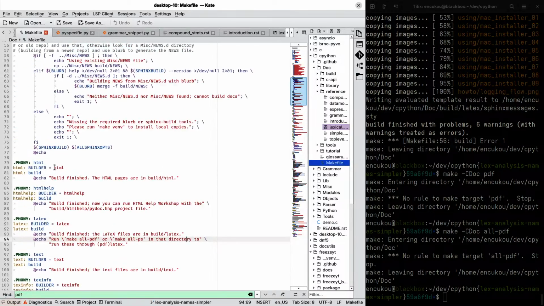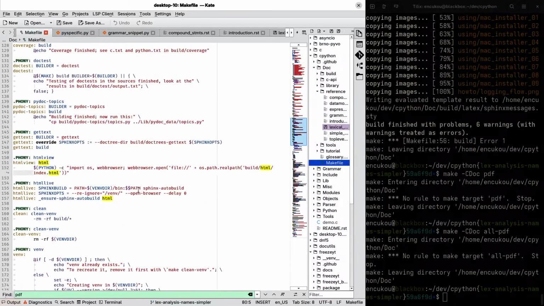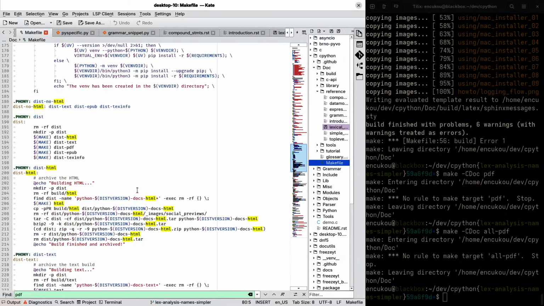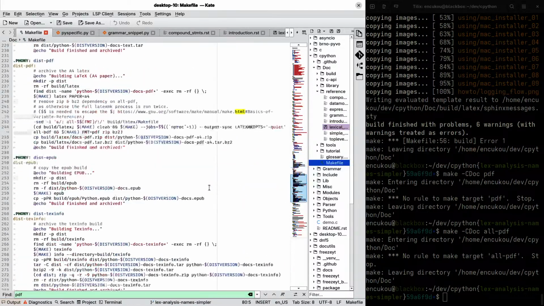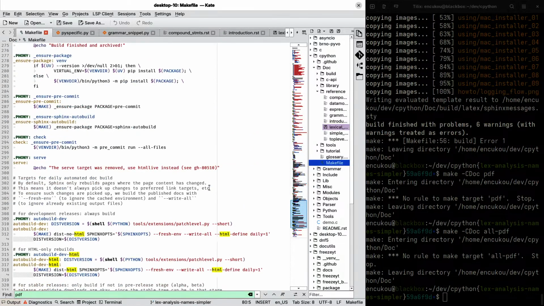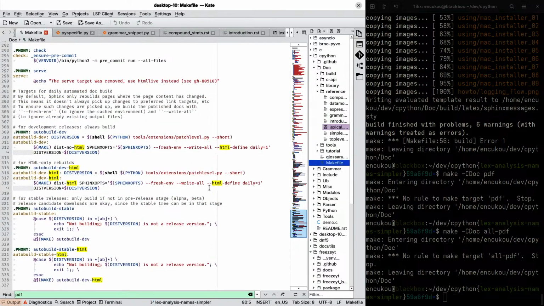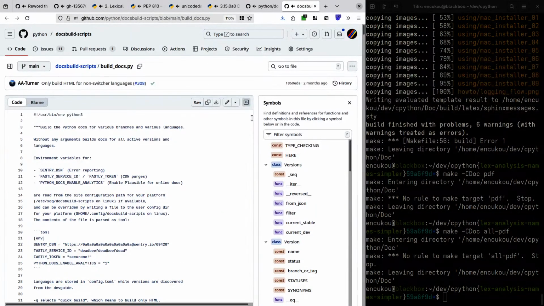Yeah, but here's the HTML thing. So maybe you could add a Playwright run in here. Or maybe you could add it to Sphinx itself. Ooh, an extension to Sphinx. Like a new output format. But the important stuff is that it gets run from this. So if you put it directly into build.docs.py, that should be perfectly fine.